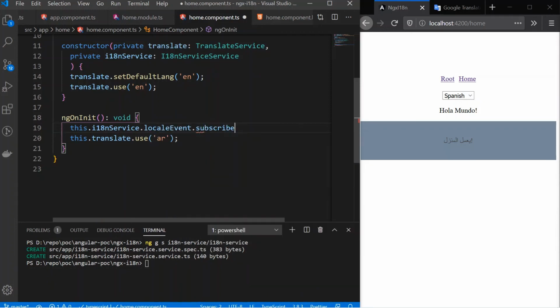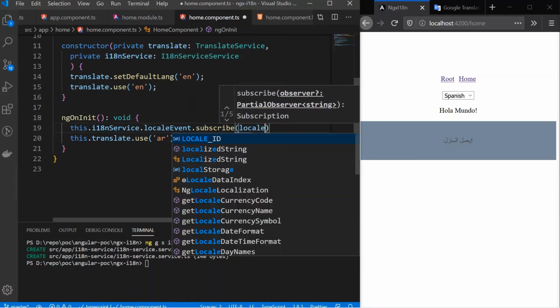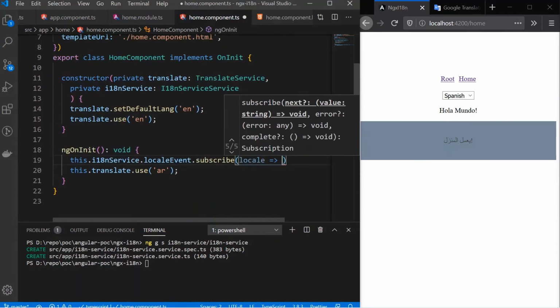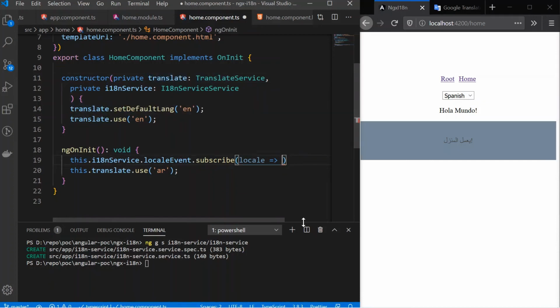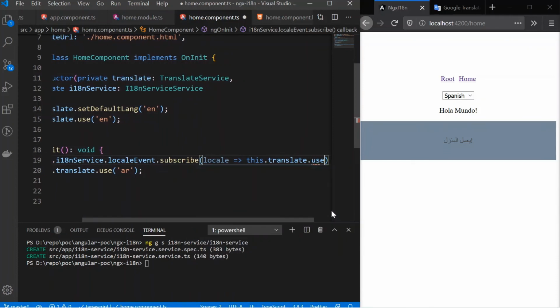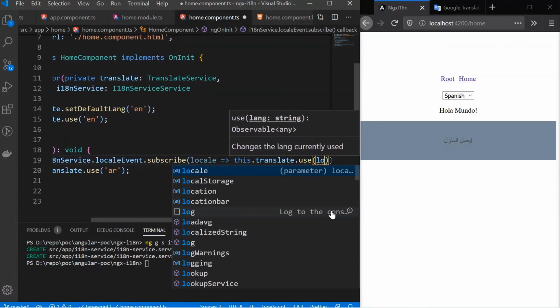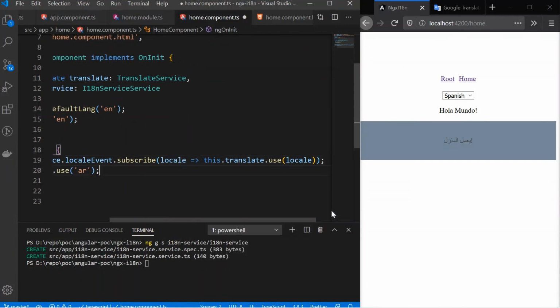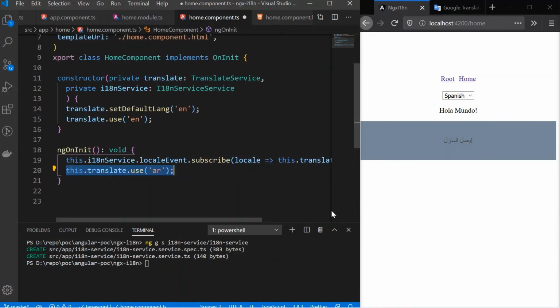Here we will subscribe to that event, and whatever locale we get, either we can use the same service to change that, but I'm going to use this translate from here. So we'll change that: this.translate.use the locale. Yeah, so we can get rid of this.